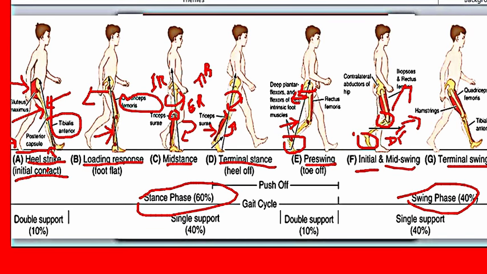Now, in terminal swing, you have the hamstrings eccentrically activated to control the lengthening, and the quadriceps is concentrically activated to extend the knee. And in addition, the tibialis anterior is now beginning to act eccentrically to control that foot drop. So in essence,